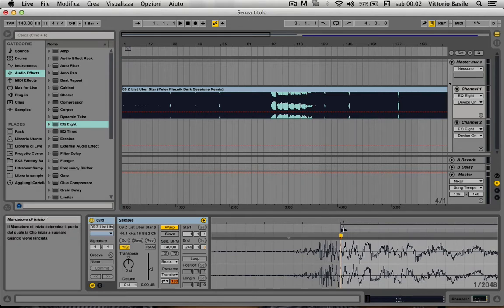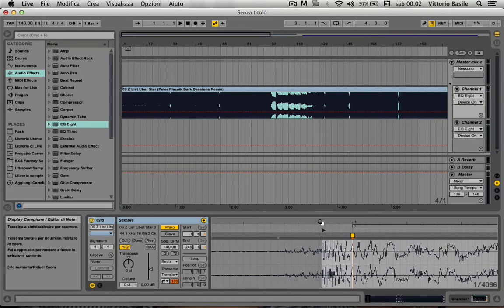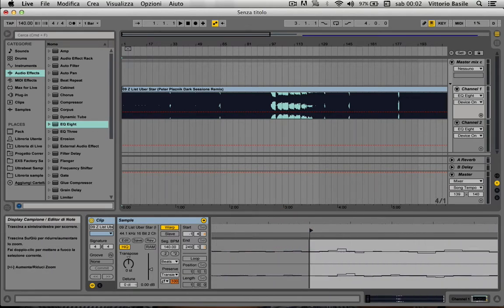So what we're gonna do is move this pointer here, and set up the starting point of the track,